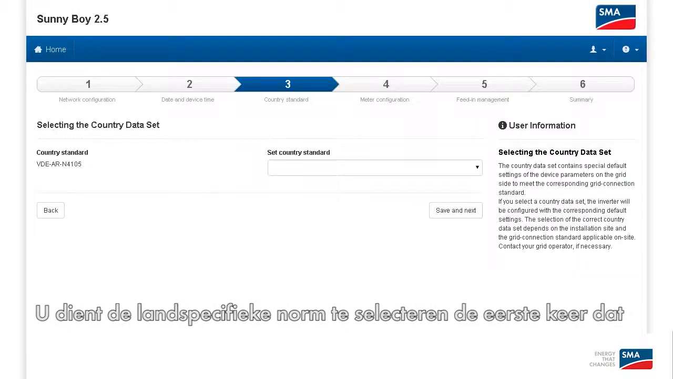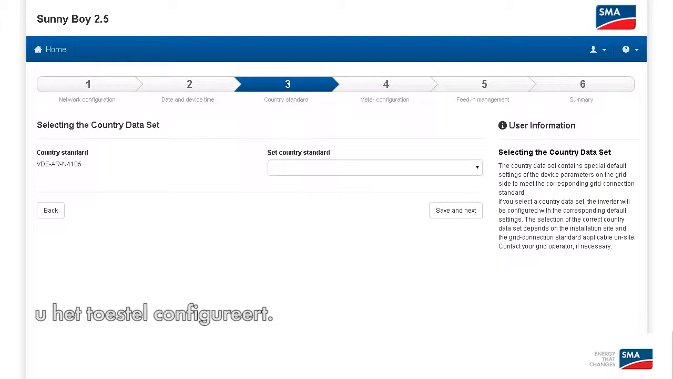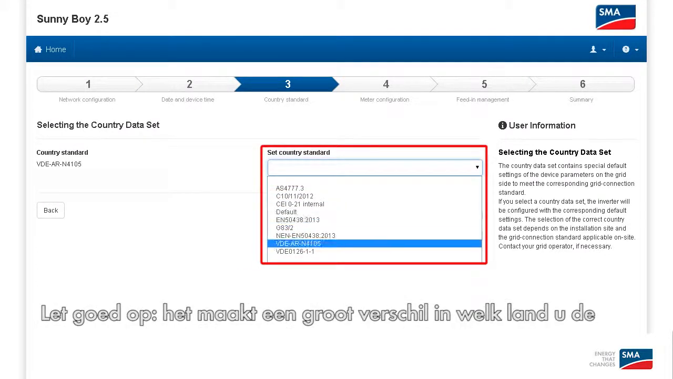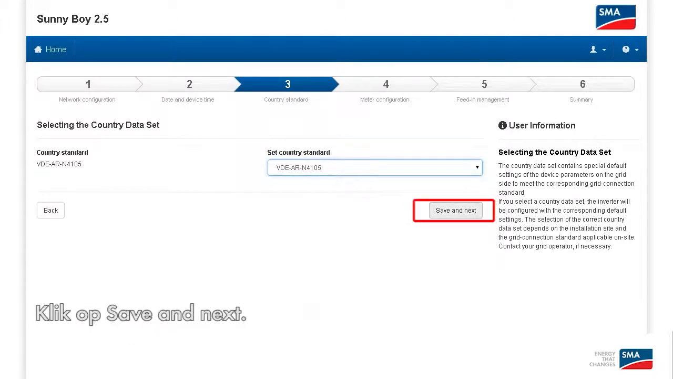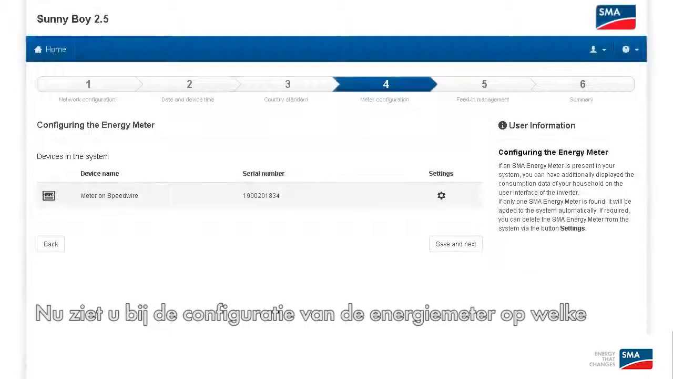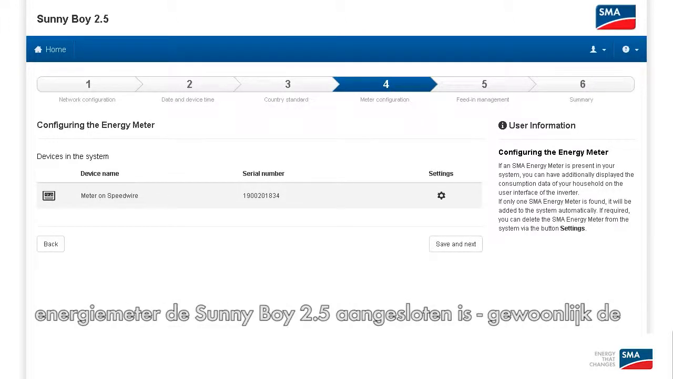You have to select the installation country standard the first time you configure the device. Pay attention here. It makes a big difference which country you perform the installation in. You have to select this at this point. Save and Continue. And now you see here, under Configure Energy Meter, which energy meter the Sunny Boy 2.5 is